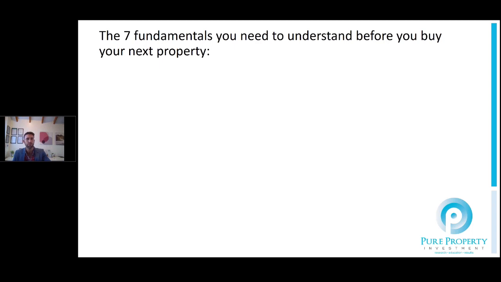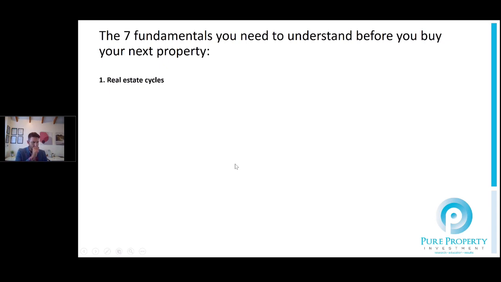From our side, the 7 fundamentals of property investing aren't necessarily necessary for every single purchase you make, but they give very good guidance and a good background for things you should be thinking about before you buy that next property or pick that next particular state, and then therefore that suburb and even that property type, making sure it's right and primed for growth, as opposed to just buying it because everyone else is buying in that market and you don't really understand much more than that per se.